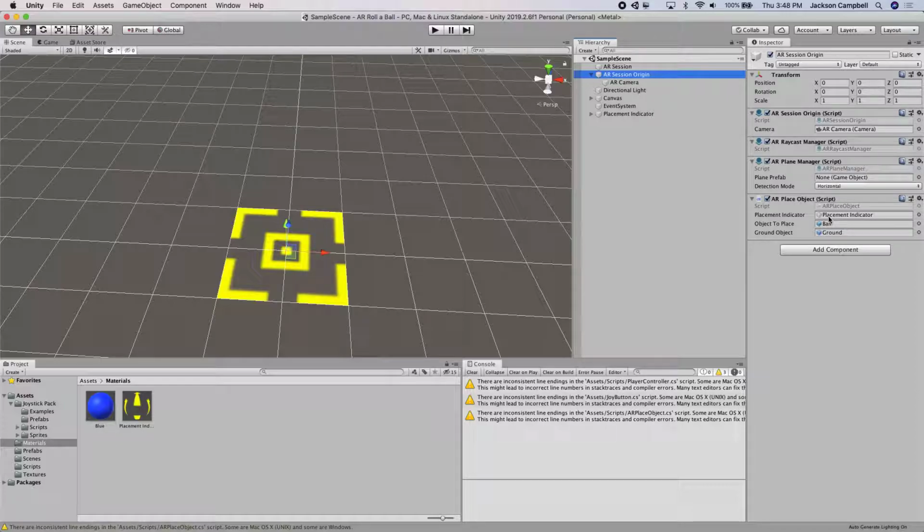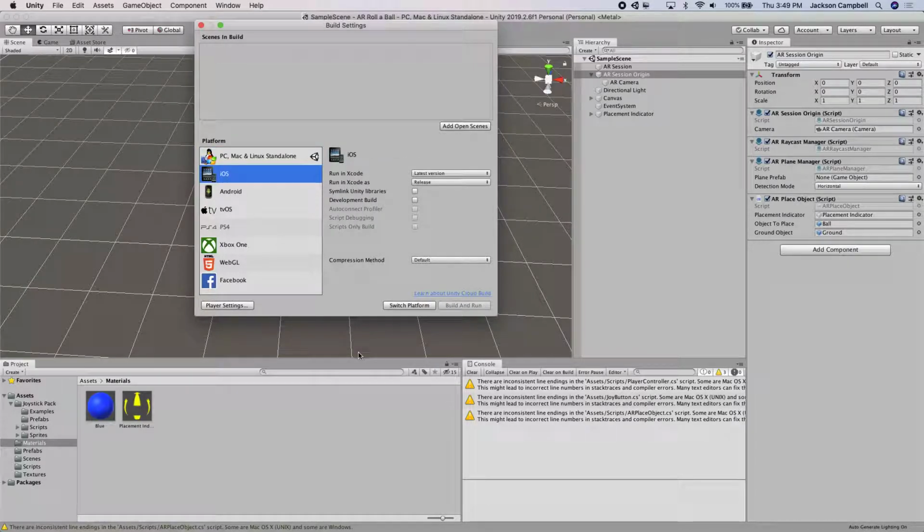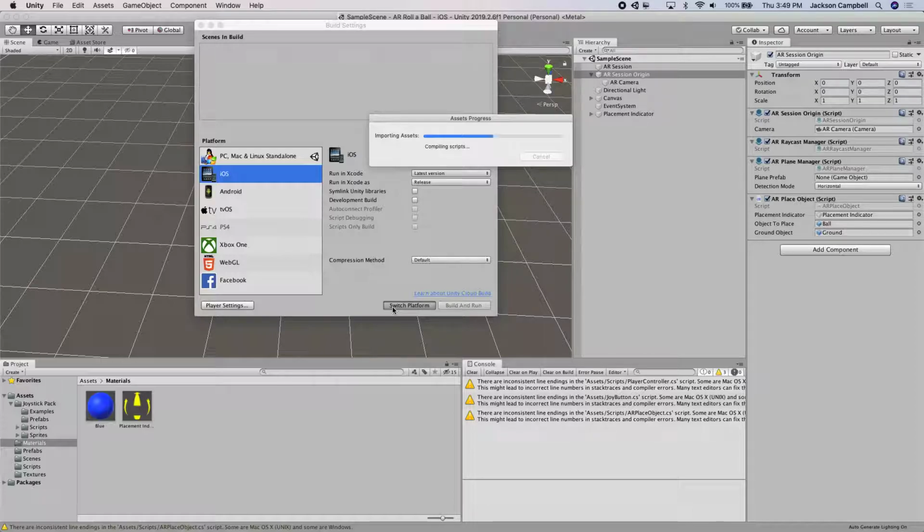So we have 2 minutes. Is that long enough for me to build? Let me build my thing. Build settings, iOS, switch platform. So we're going to try to place this on